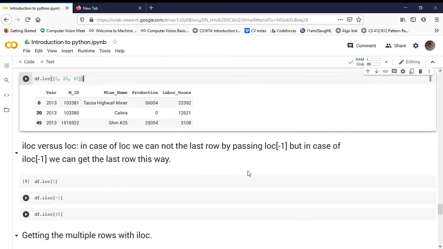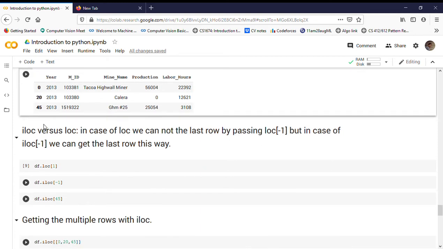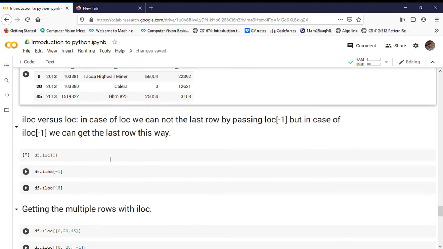Okay, now similar to loc, there is another method called iloc. And the difference between iloc and loc is that loc cannot accept a negative integer, but iloc can accept a negative integer. I will explain this statement with the help of an example.